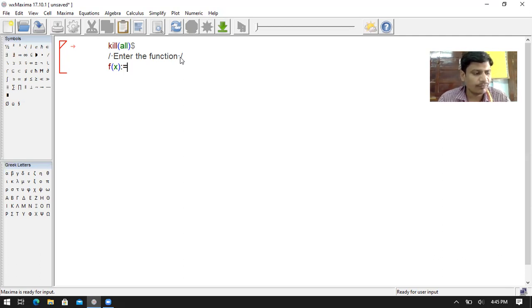This is your question: find the derivative of e to the power of minus 4x where n is equal to 3. The n value is given, n equal to 3. Okay, I write here e to the power of 4x. e means the exponential form. You take percentage e to the power of minus 4x. The cap means power, so x square means x cap 2. That's why e cap minus 4x. What is 4x? 4 star x.